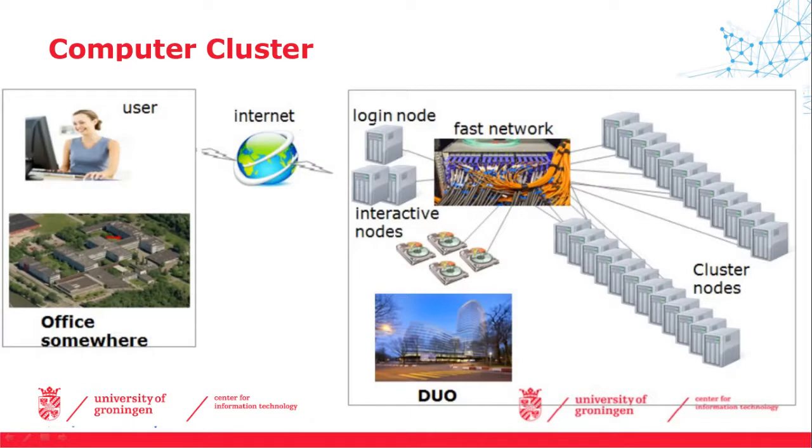So first, a very generic overview of a cluster. This is the Peregrine cluster here located at the Duo building in Groningen. But just to show what a cluster looks like, this is basically the same for every cluster that you can think of, because a cluster is basically just a bunch of machines. So here you see all these different cluster nodes, as we call them, which are connected by a very fast network. There's lots of storage attached to that network as well, so that you can basically access all the storage